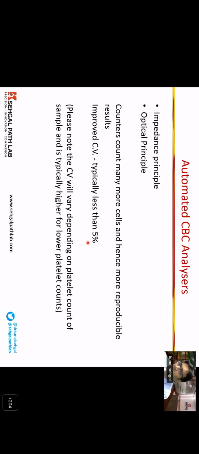The CV may change when you have thrombocytopenic samples. So the higher the platelet count, the lower the CV; the lower the platelet count, the higher the CV. This is typical for most counts. Because if you have fewer cells or particles to count, there is more variation, which is nothing but CV. If you have more particles to count, in a higher count sample, you get lesser variation,